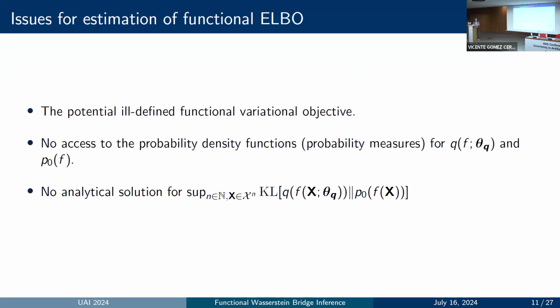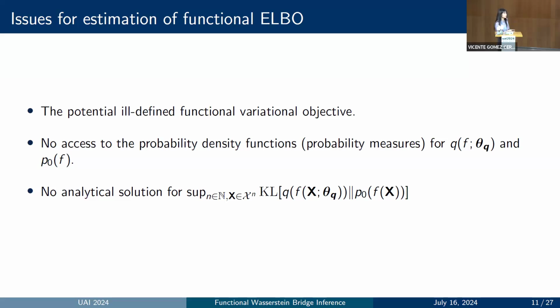However, for the estimation of this functional ELBO, there are three issues that need to be carefully considered. The first one concerns the validity of the variational objective's definition. Notice that the KL divergence between distributions over infinite-dimensional functions may be infinite, which will make the variational objective ill-defined. For example, the KL divergence for the distributions over functions generated from two BNNs with different network